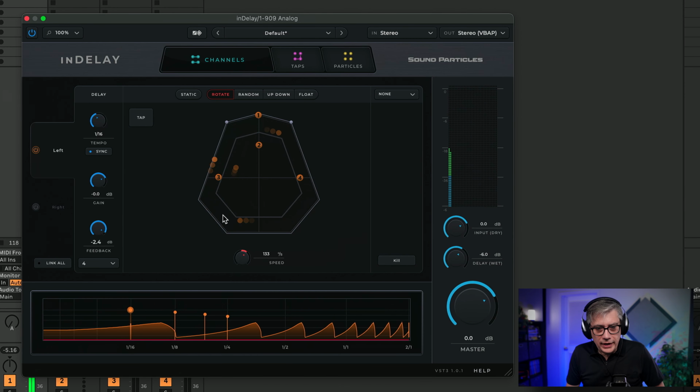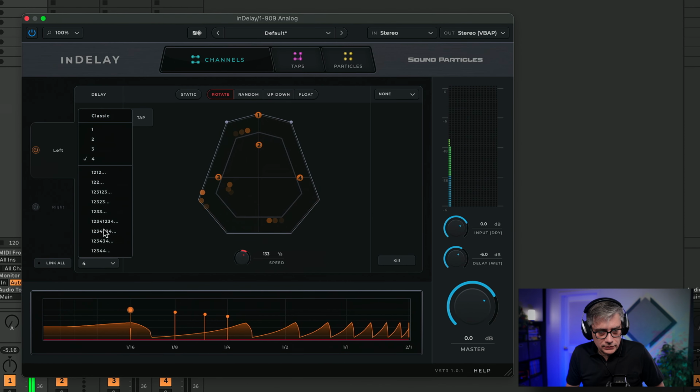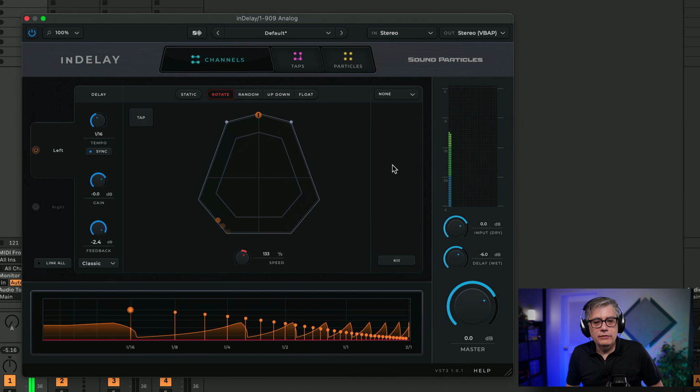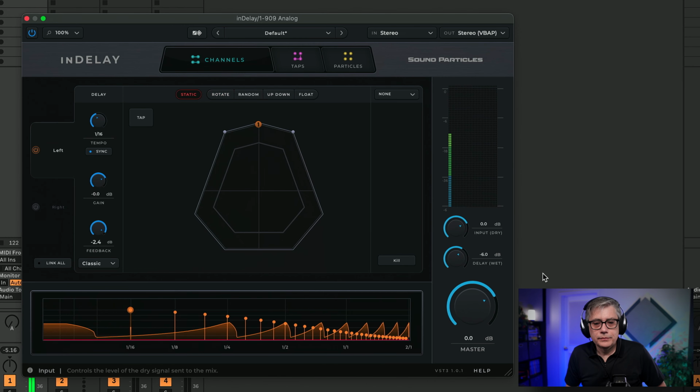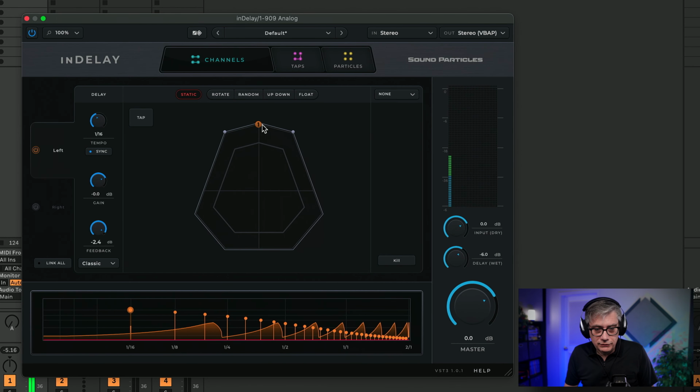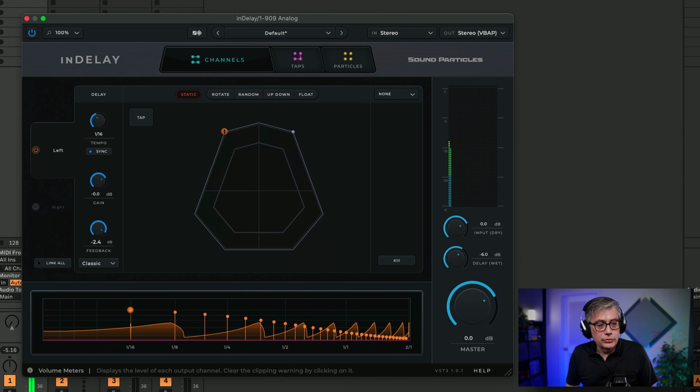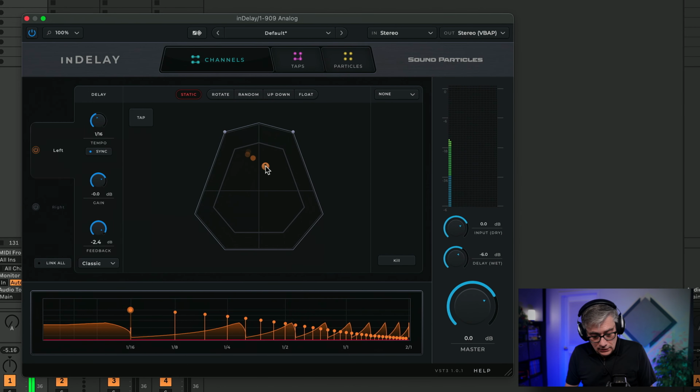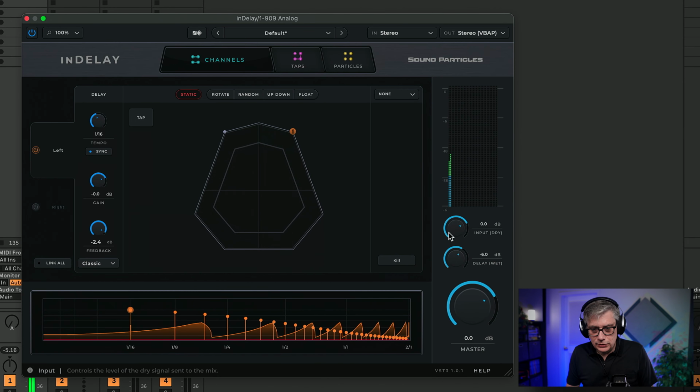Now, if you want to have a tab, let me go back to the classic settings, and maybe to static. If we want to have the tab in one speaker position, what we have to do is hold the shift key, and if we move the handle, then essentially it will snap into the speaker position. So if I want to have it in exactly the left speaker, I can do that by dragging this handle and then holding the shift key. It will snap that tab into the speaker position.